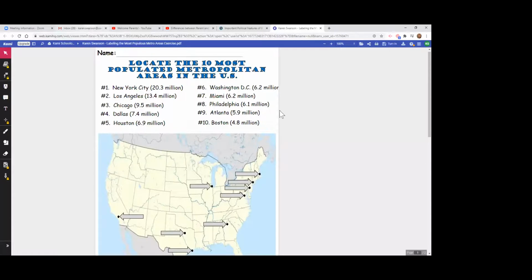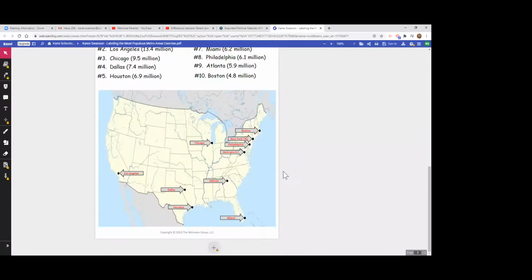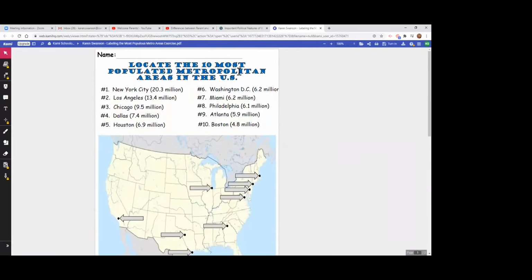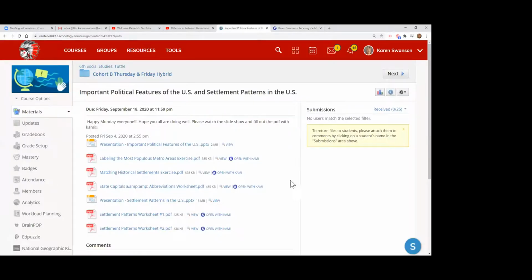And they have to, I believe, save this, and then they go back to the assignment and save it and share it back, submit from there. So that's something that I think is really kind of a cool thing. I know that in math,